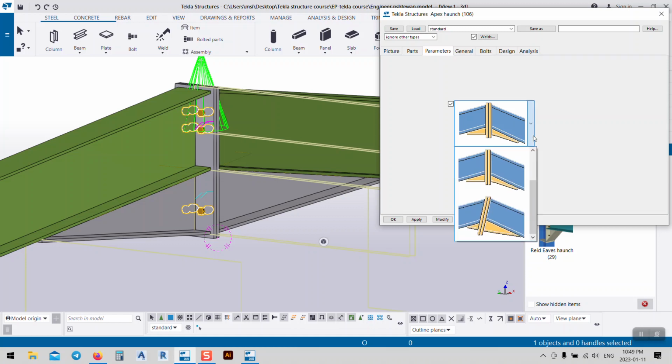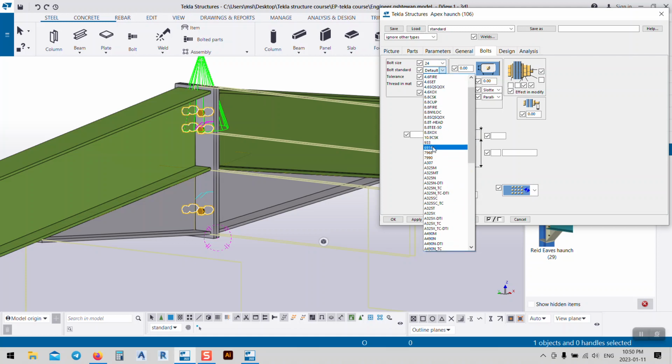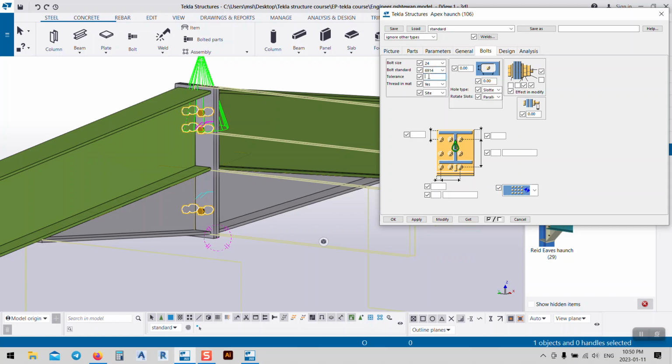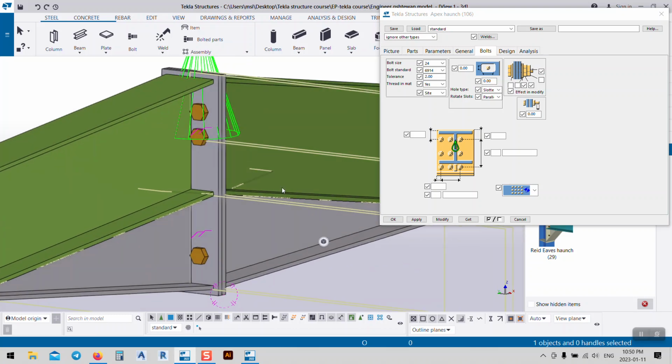after that we have other parameters. If we want it like this or this, we want it to be vertical, and after that go to bolts. The default size is 24, let's say. The standard is the same standard. The tolerance is 2 millimeter, and modified. Here we have, if you look at this one, again let's say we have 60, modify. Now you see,